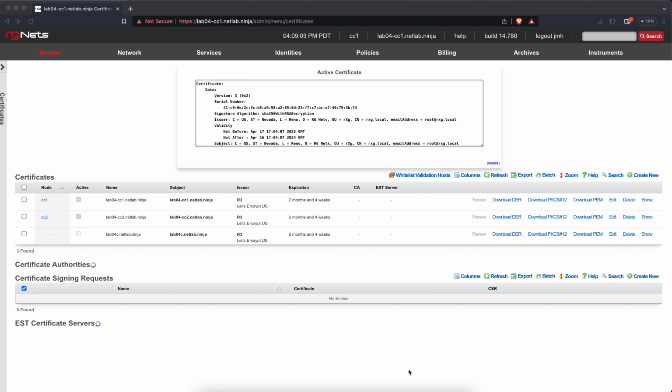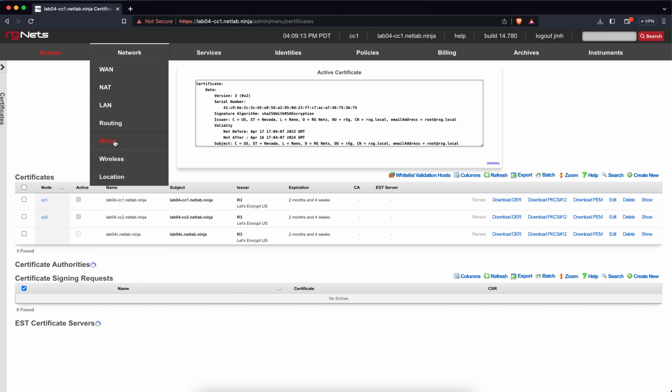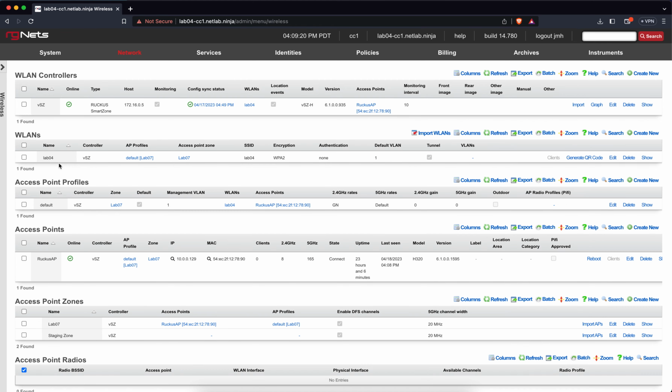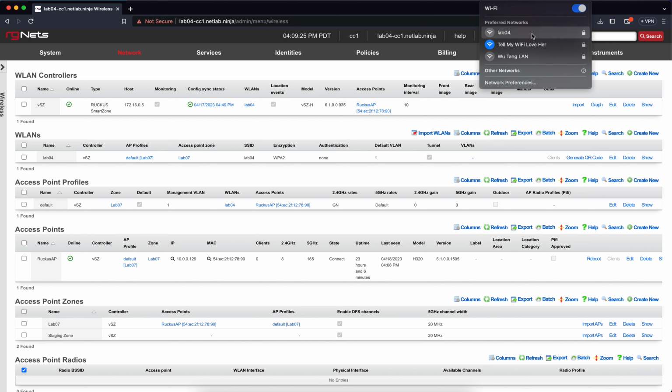Now, yesterday, we also connected the AP to the VSZ, and if I go to network and wireless, we can see that there will be a LAN 04 WLAN that's created. We can see that here. Now, it's broadcasting on our AP right now, and if I connect to that, then I'll be connected to this remote location. Basically, the traffic is tunneling from the AP here back to the VSZ, which is actually in another